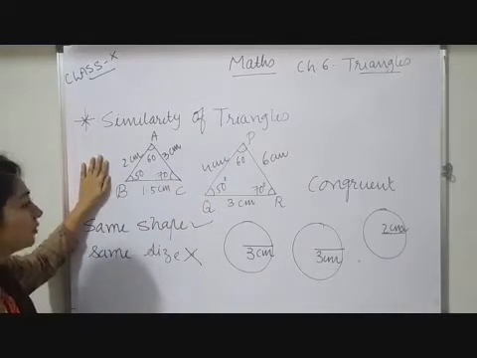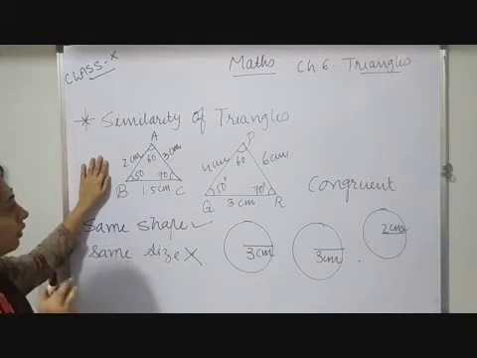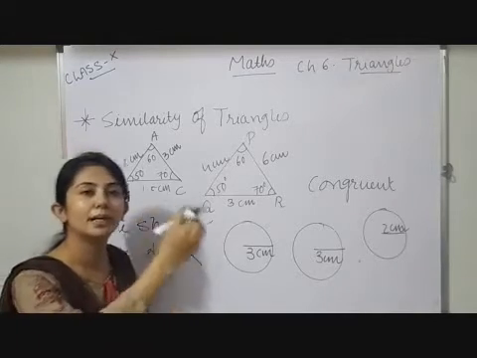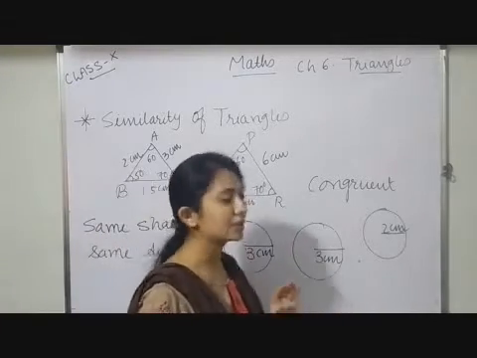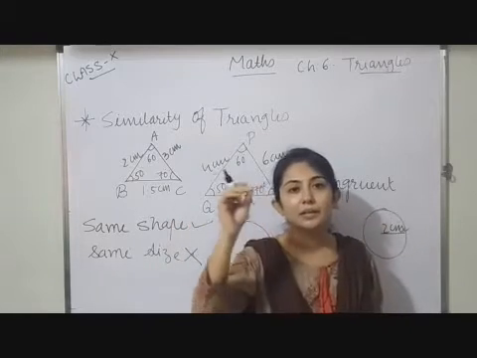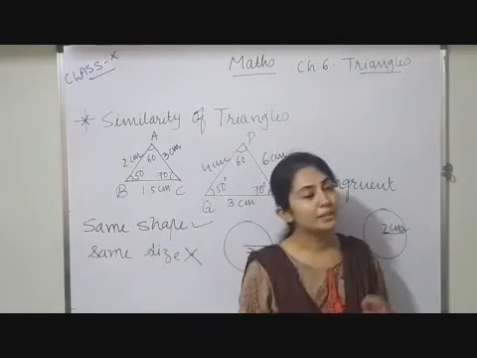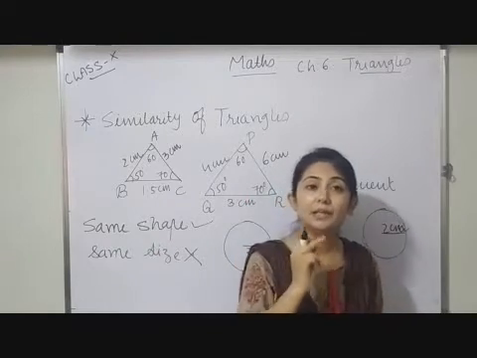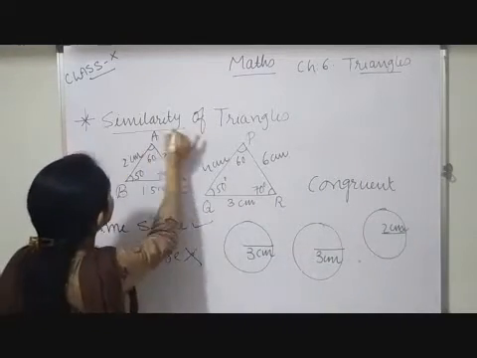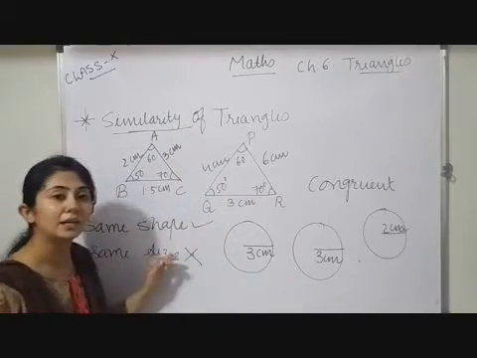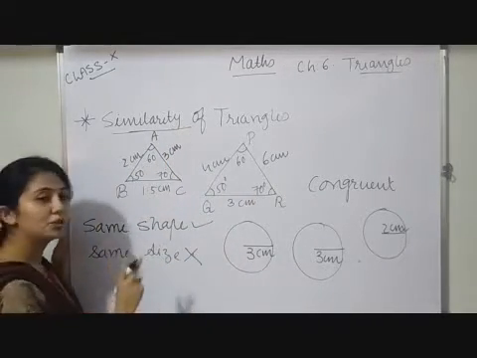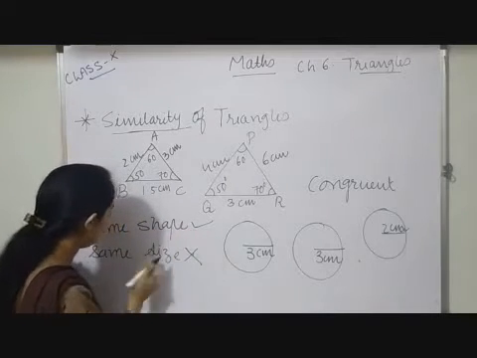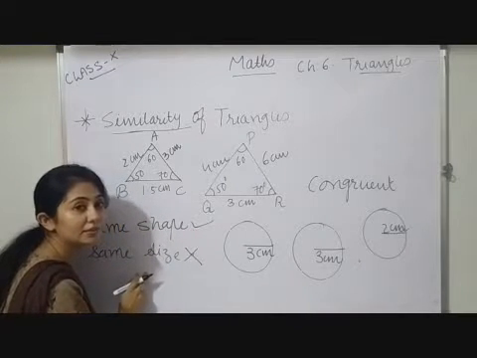Similarly, if I discuss similar triangles, it is the same thing. In congruent triangles we studied some criteria, and based on those criteria we used to say these triangles are congruent. Similarly, here also we will study some criteria, but here we will study similarity. Similarity of two triangles means what? I have two triangles which have the same shape but the size is not the same.